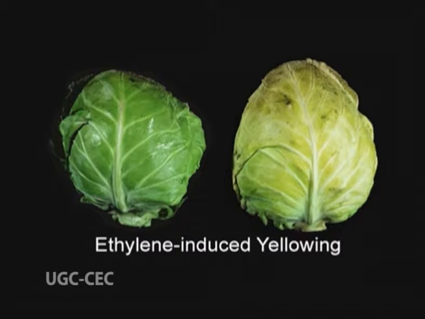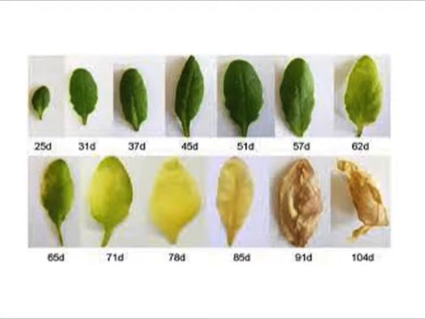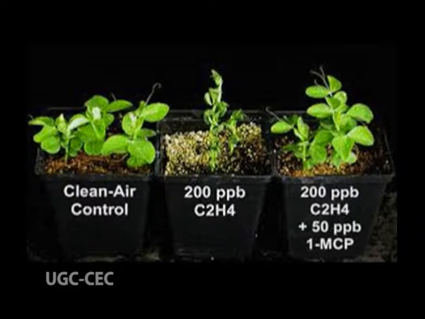Exogenous ethylene accelerates leaf senescence. Enhanced ethylene production is associated with chlorophyll loss and color fading. Inhibitors of ethylene synthesis can retard leaf senescence. Senescence is a genetically programmed developmental process, and it is regulated by abscisic acid, ethylene and cytokinins. Abscisic acid and ethylene promote senescence, and cytokinins retard senescence.